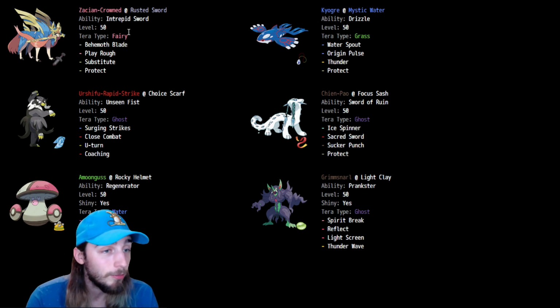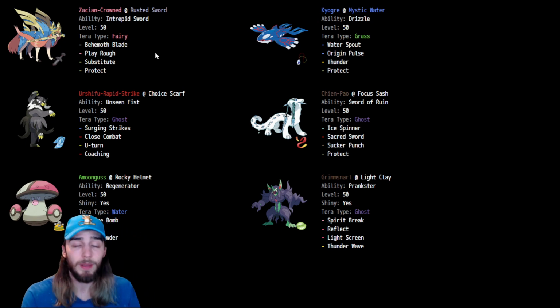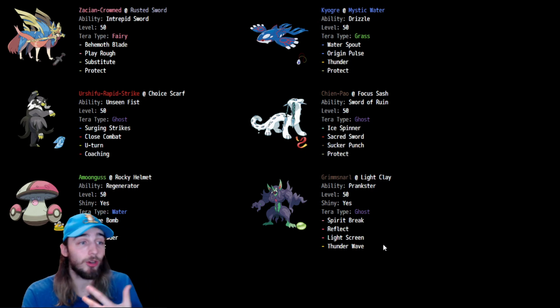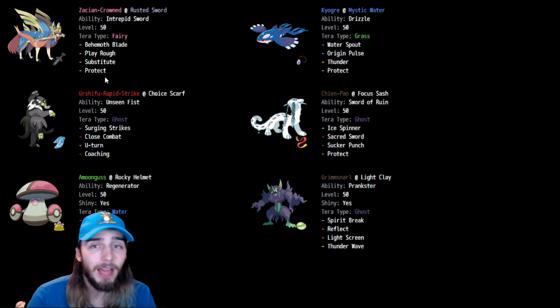So super aggressive build on it, but not with the speed control that I expected. I expected a team like this to have that Tailwind, but the Thunder Wave into screens definitely makes a lot of sense. It was good in the past. I'm sure it'll be good again. I think maybe we have to wait for the metagame to settle, but this is not a bad showing